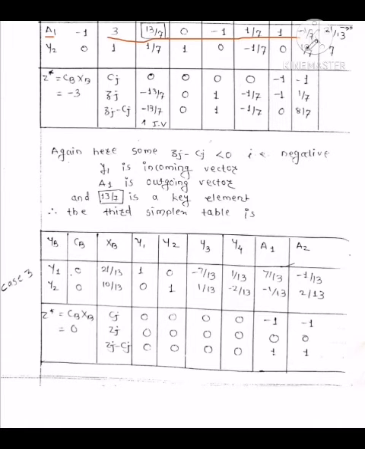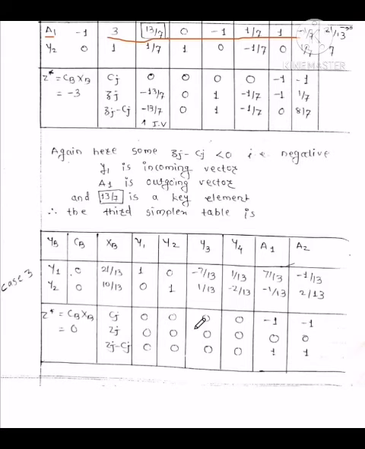So this is the key row, so we will find out the elements by dividing this key element. So we can calculate in this way. So again, by using calculation pattern, we can find out the other elements. So therefore z star is cb xb. If you calculate cb into xb, you will get 0.